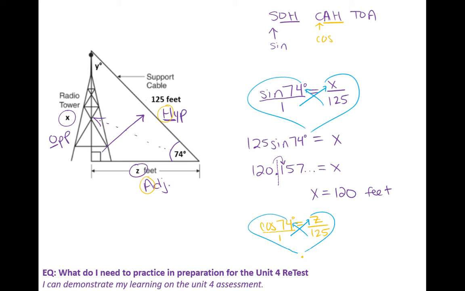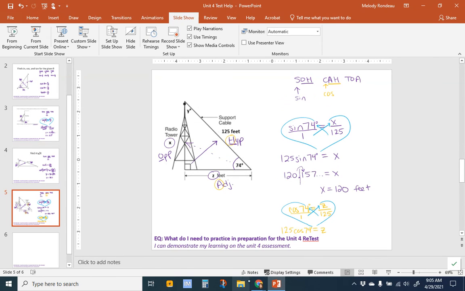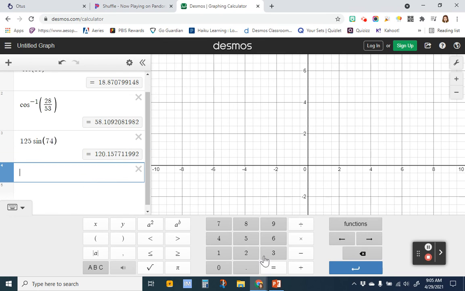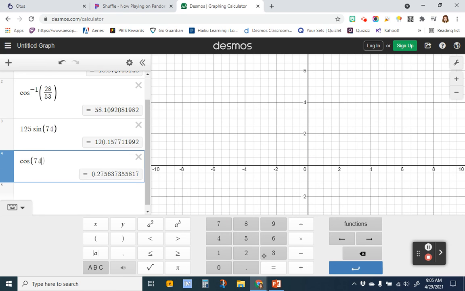I get 1 times z, and bring it down is z, and then 125 times cosine 74. 125 cosine 74 degrees. Then I'm going to pop that into Desmos. So here we go, 125 cosine 74, which is very similar to what we had before, 125. And I'm going to do cosine and then 74. Oopsie, I missed the 125 part. Go back and put that in. 125. There we go. Cosine 74. I get